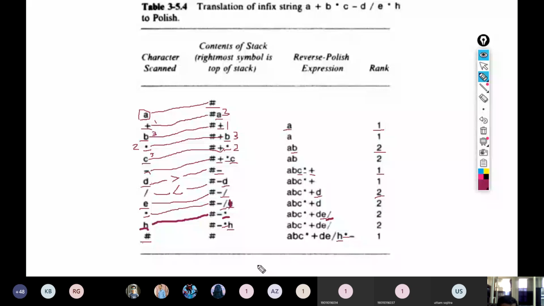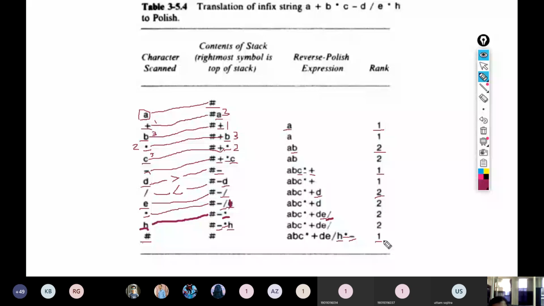Next we pop the last operator, that is minus, and that also will be appended to the Polish expression, and accordingly we will update the rank to be 1, because we have operands counted as 1 each and 2 operators counted as 1 subtracted each, so we will get the rank value 1.